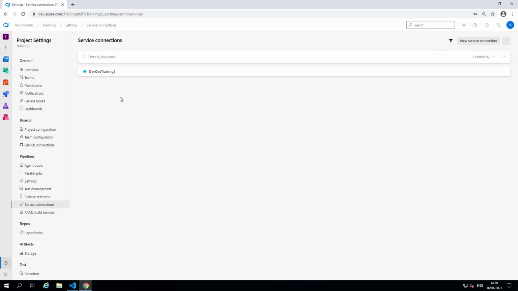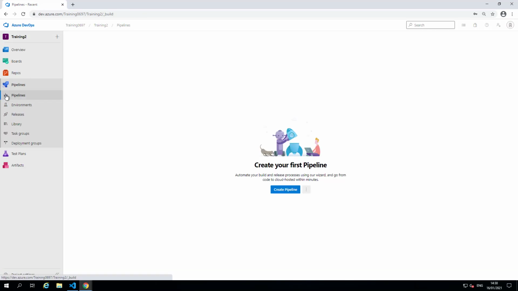Okay, so now we've got our service principal, we've got some credentials basically, we'll be able to use that in one of our pipelines. So if we look at a release pipeline here, there's two types, a build pipeline and a release pipeline. We're not going to use build pipelines today, because you see a lot of demos where they're deploying packages. So you may be deploying a web app and then deploying a code package into that web app and various other things. But in order to just deploy some simple infrastructure, we can just go ahead and use a release pipeline. So we'll do that in this demo.